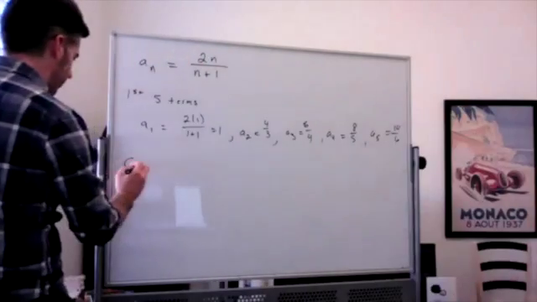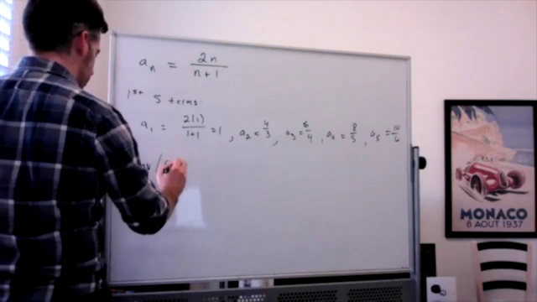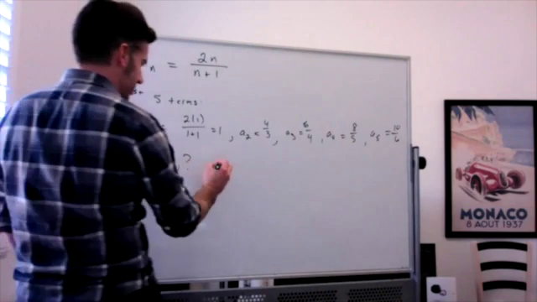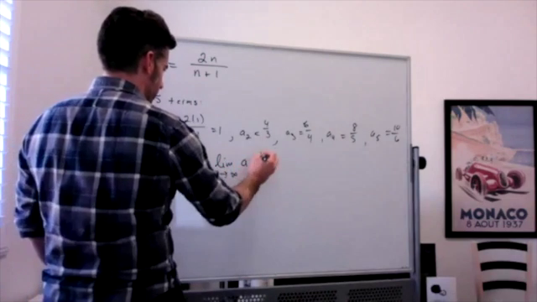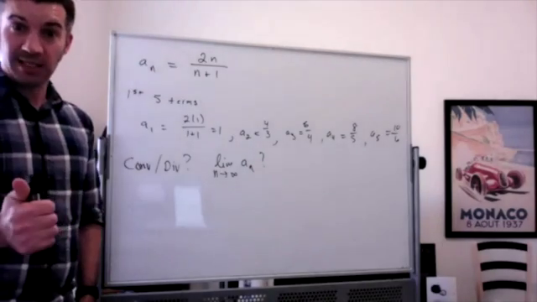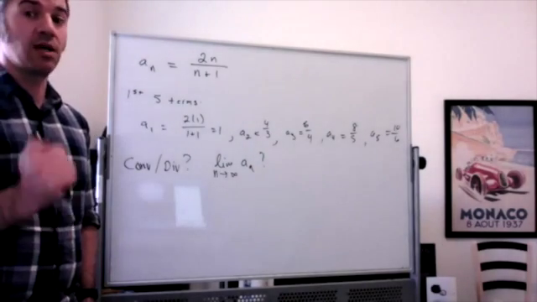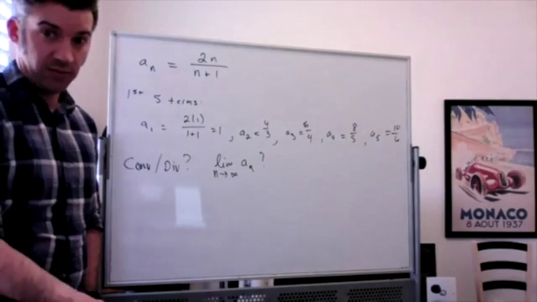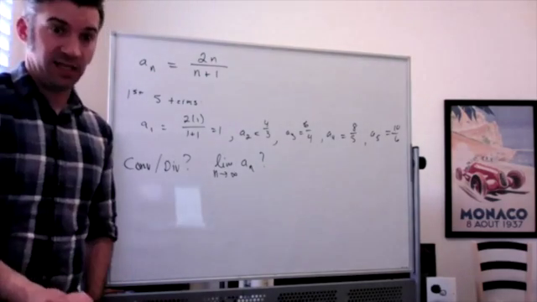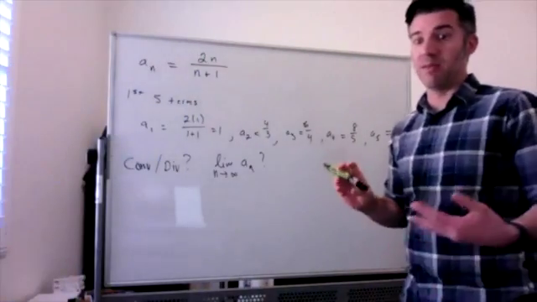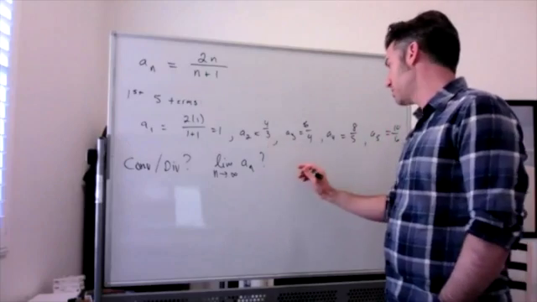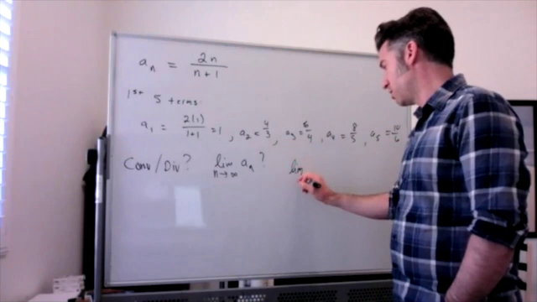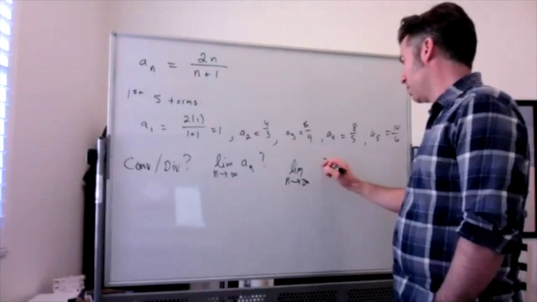So converge or diverge is really asking the question, what's the limit as n goes to infinity of the sequence? If the limit exists, then we say that the sequence converges to that limit value. If the limit does not exist, we say that the sequence diverges. So I should say if the limit does not equal a real number, then I'll say more about that in just a minute. In this case, we're going to take the limit as n goes to infinity of 2n over